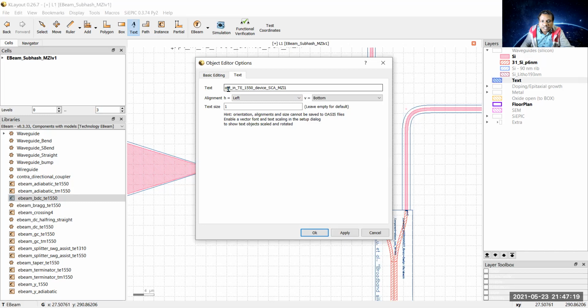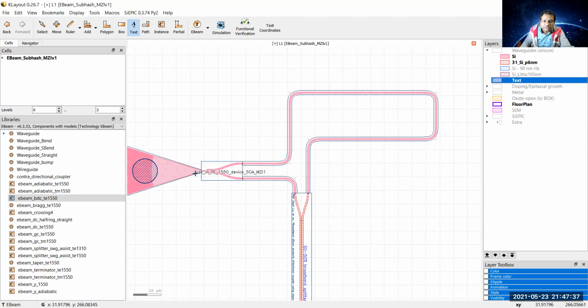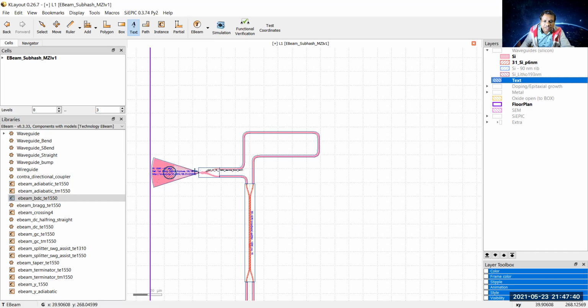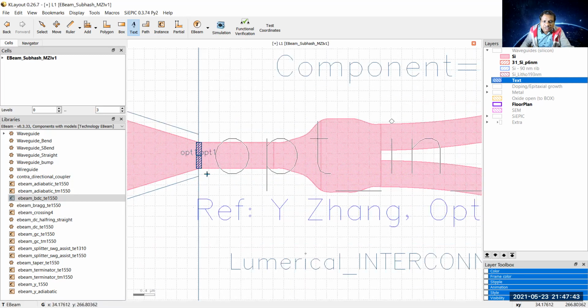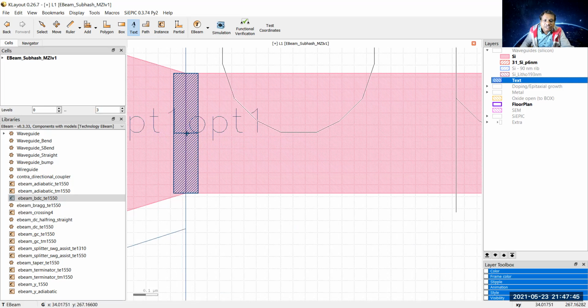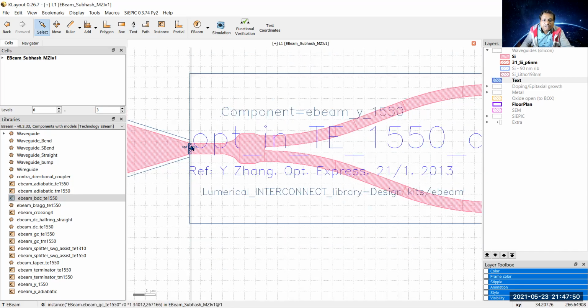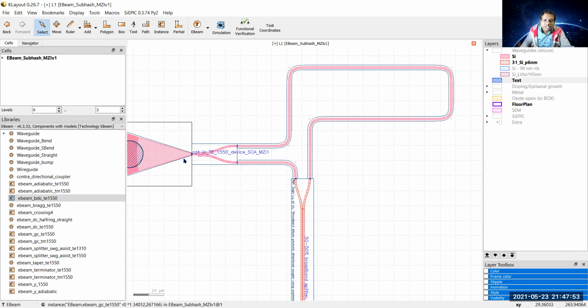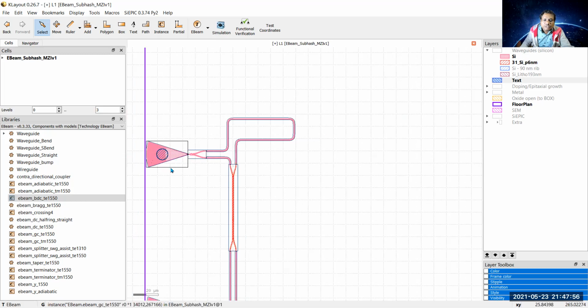We have to write opt, that is optical, underscore in underscore TE mode underscore 1550 device SCA MZI. SCA is my name, and then MZI1. The rest you can leave like that. Say OK, and now zoom out to where we want to put this, just at the tip of this grating coupler, and here just click once and press Escape. So now this port will work as an input where laser light will be the input.